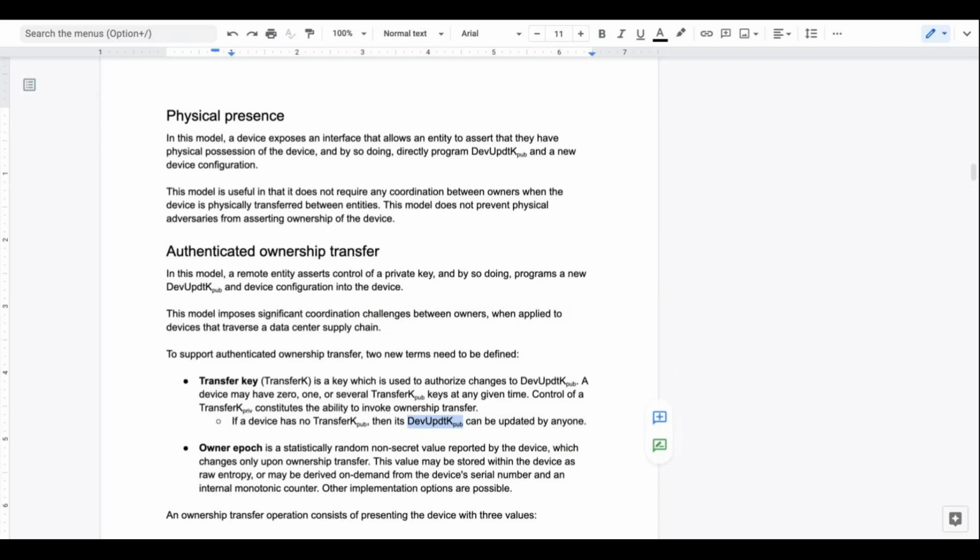So it looks like the transfer key is like an indirection on the owner key? Yep. Meaning the owner key can, within limits, define as many transfer keys as it wants. Basically, I can't replace div update kpub or any of the transfer kpubs unless I control one of the transfer kprivs. I was thinking the transfer key wouldn't allow you to change other transfer keys. Only the owner key should allow you to change the transfer keys.